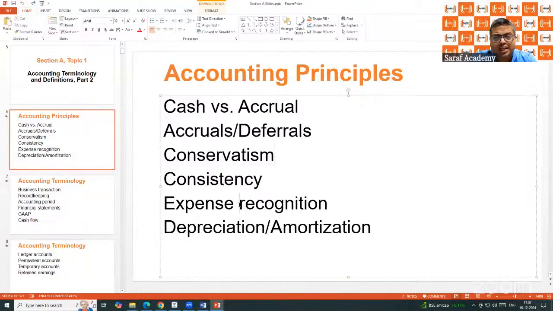Expense recognition on an accrual basis. You will record the expense whether the payment is done or not. But when the work is done, you need to record the expense. Depreciation: computer, laptop, property. When we are purchasing, they are going to be used for 5 years, 10 years. In 5-10 years, they will be destroying the value. By using the assets in the business, the value of the assets is getting destroyed. So this is called depreciation.